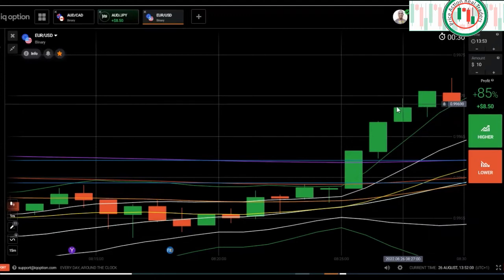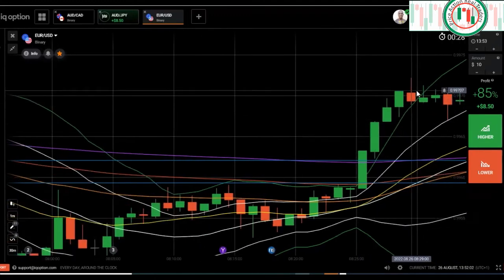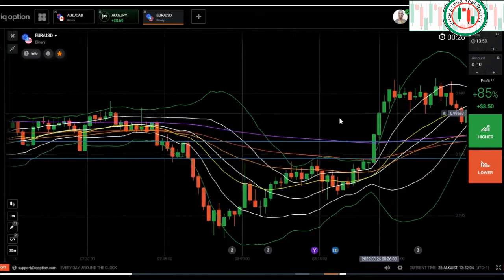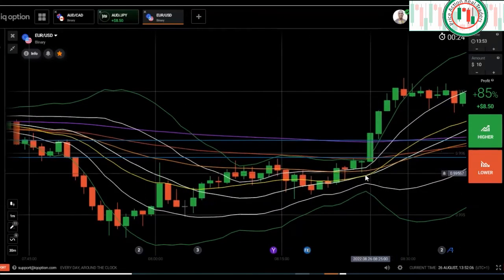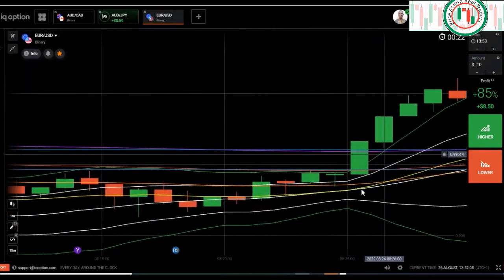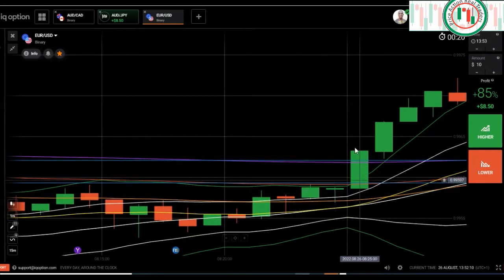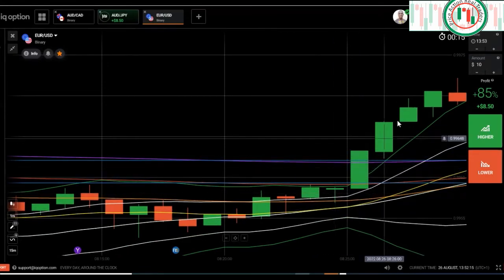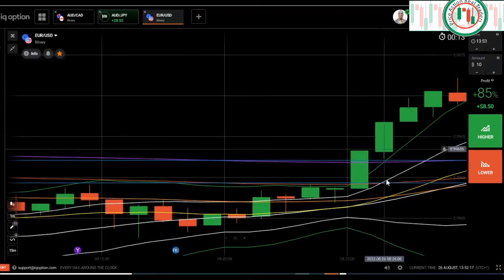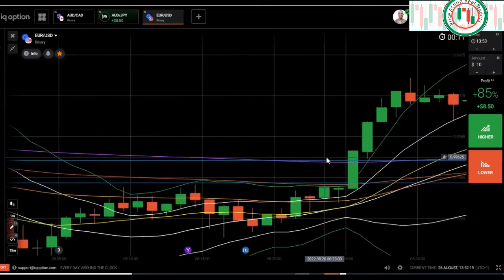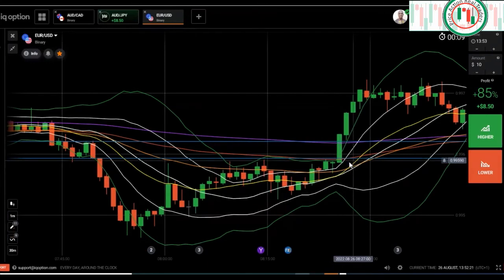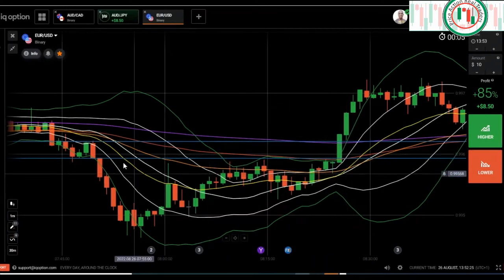You see, after this hammer, then you can decide to place your trade here because of this momentum. As soon as you see a gap, a hammer, a dragonfly doji, a spinning top, it means the trend will be strong. It will break any level. Don't take your trade. As soon as you see this type of candles, try to avoid,